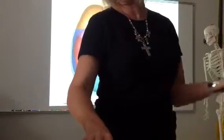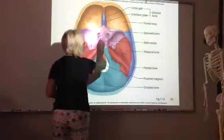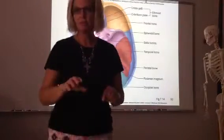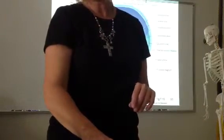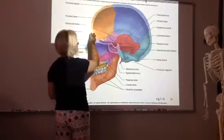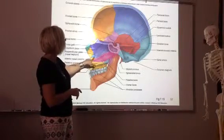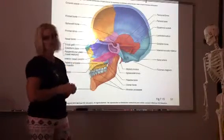Inside of the skull, you can look at that. Sella turcica. That's where your pituitary gland sits. Make sure that you know that. It's part of the sphenoid bone. And that's probably the most important one on there. Here also inside, here you can see how the cavities or the sinuses are inside of certain bones. So you can see how that works. But there again, inferior nasal conch is going to be at the bottom. There actually is a superior nasal conch, but